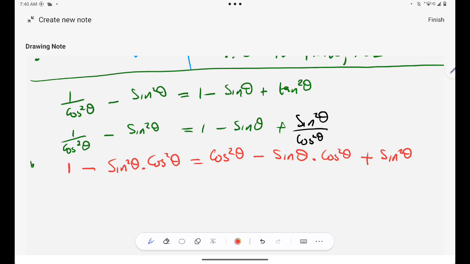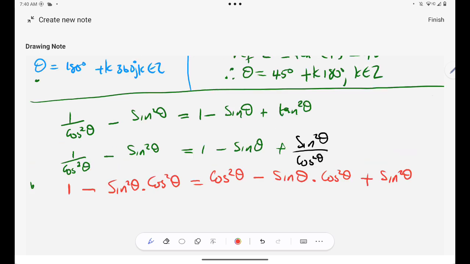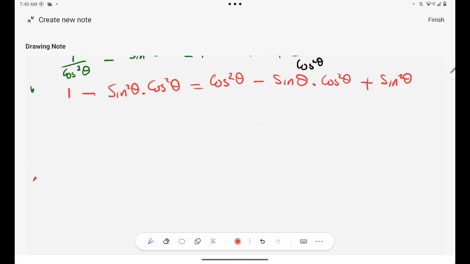Are we together? Okay, and then here I think I must just bring everything into one side and 0 on the other side. So I'll have 1 minus, please note that the ones that I take from the right hand side, I'll just write them in black. 1 minus cos squared theta minus sine squared theta